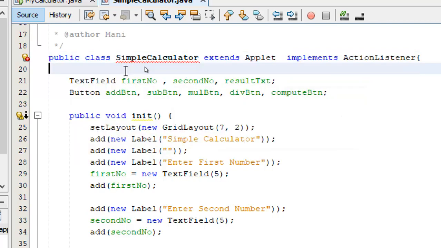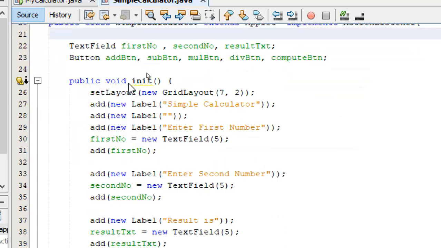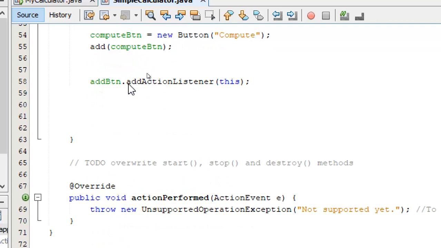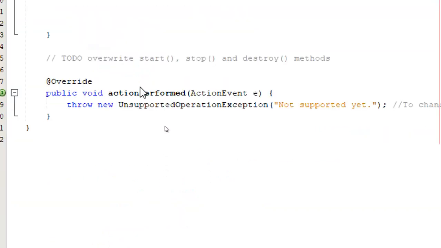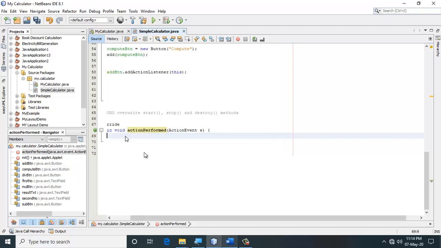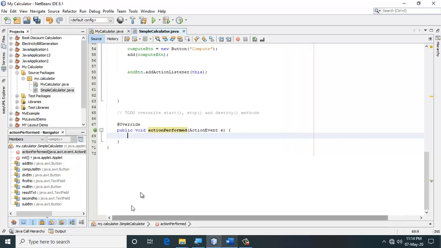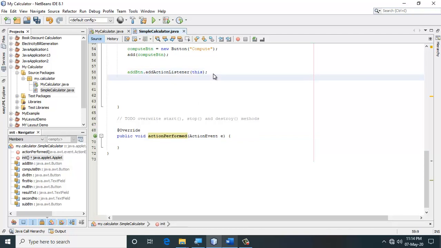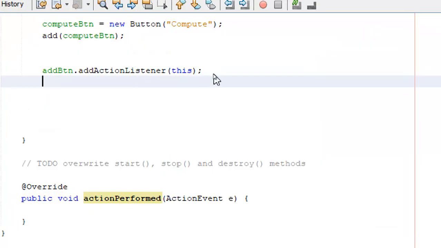If I double click on it, NetBeans will add one method called actionPerformed directly for me. Within this method I have to handle the actions performed by the add button. In the same way I will have to handle the action event for all the buttons.